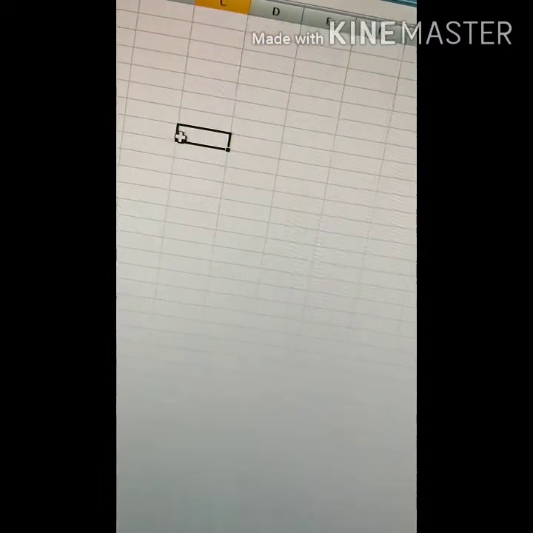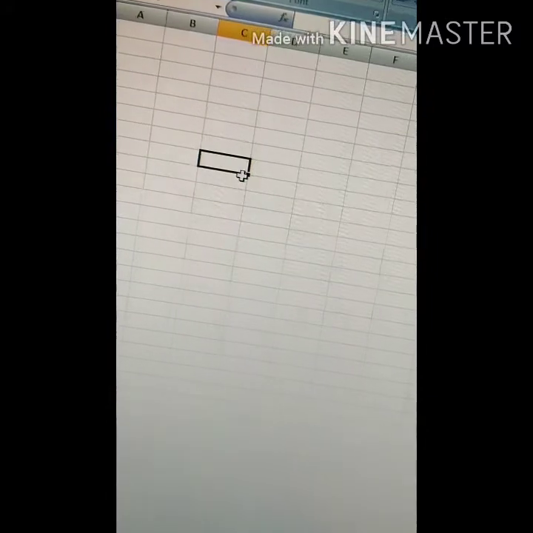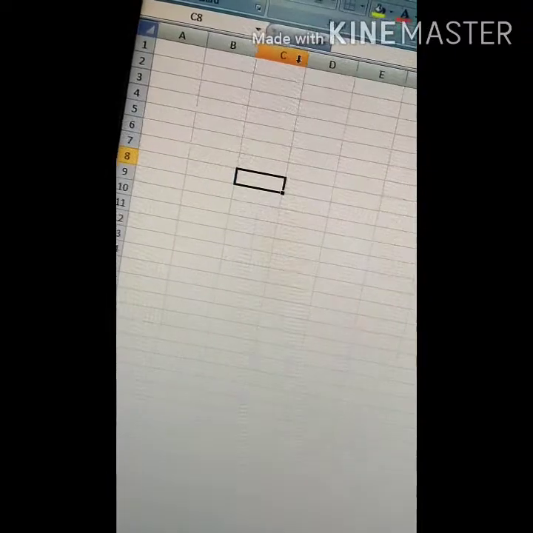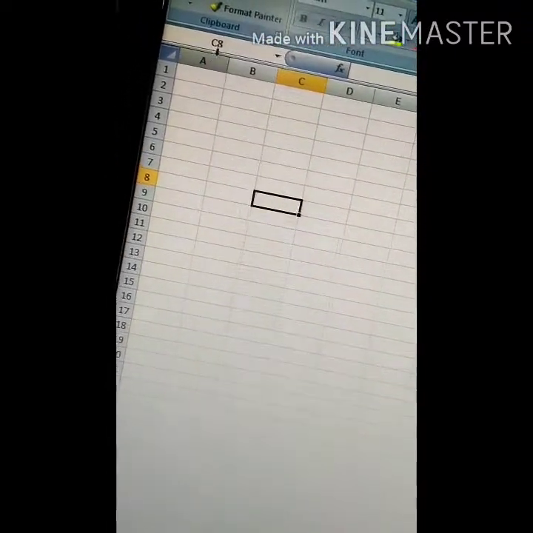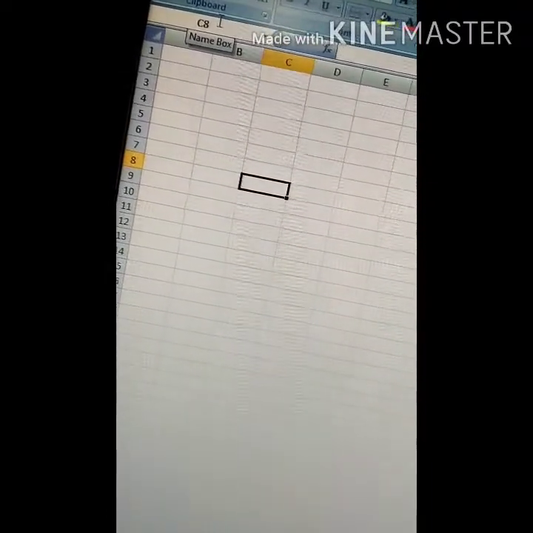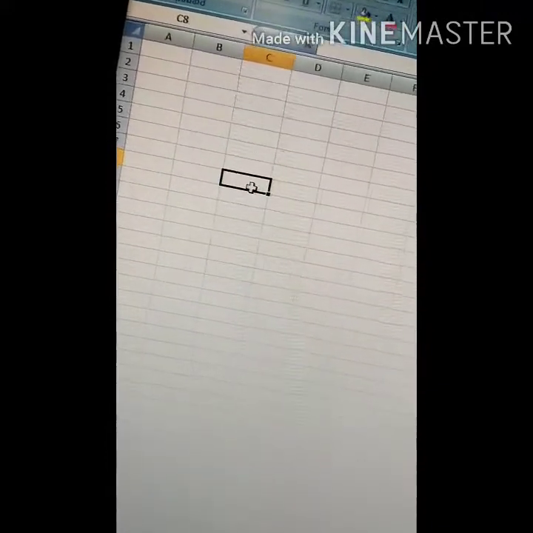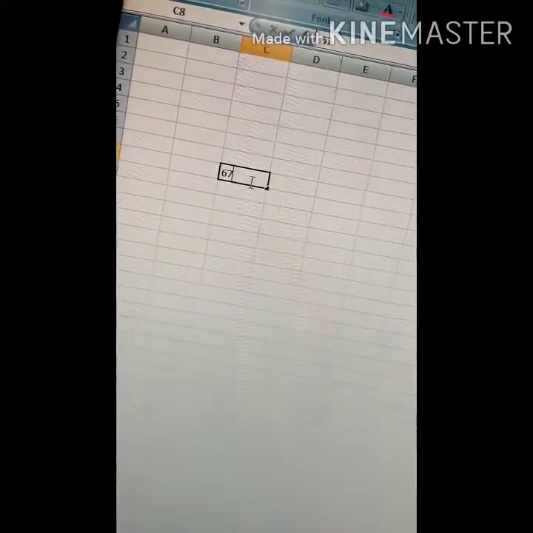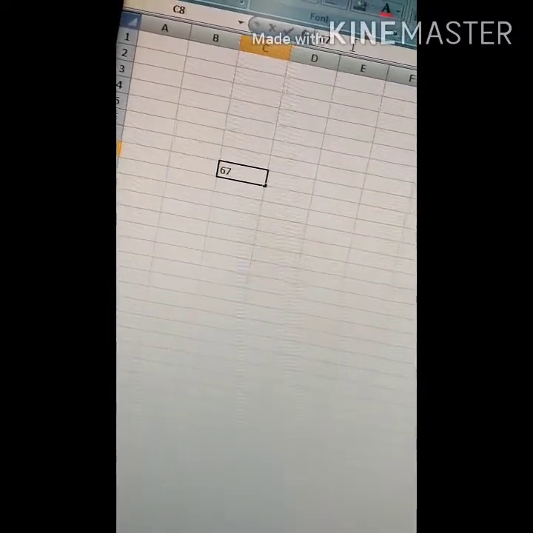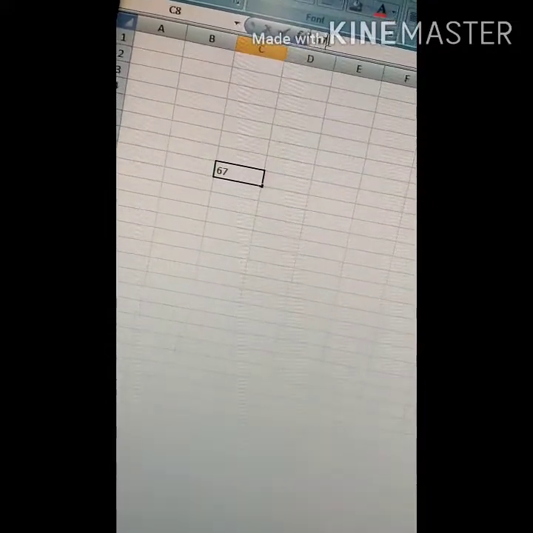Suppose this highlighted cell is the active cell at present, and we can see the cell reference of this one, C8, in the name box. So at present we have selected C8. Whatever content we give will come in C8, and whatever we have typed is also showing in the formula box.